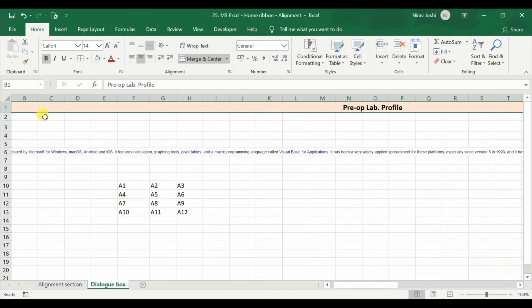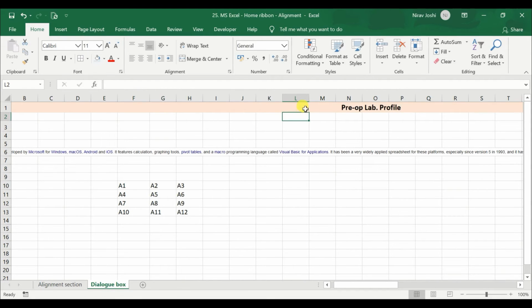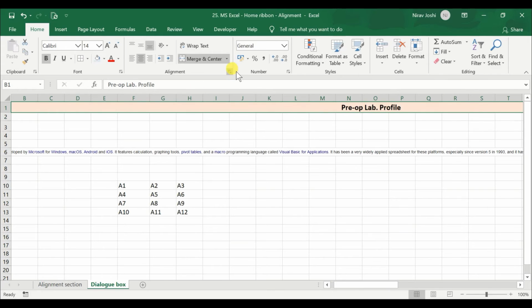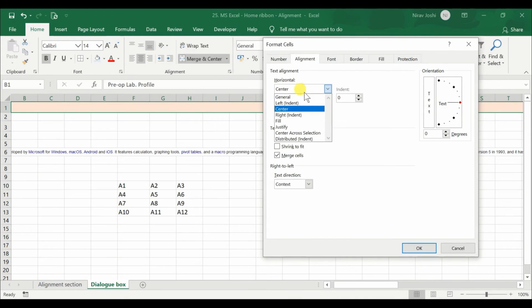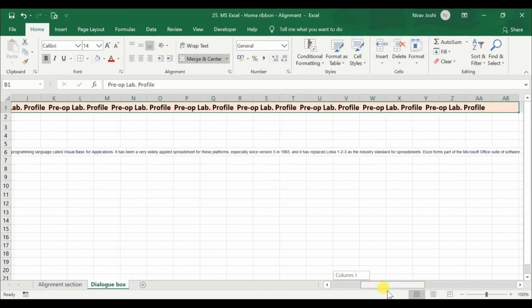Now to overcome this, first we can provide 2 or 3 spaces after this title, and then after selecting this section, we can go into this dialog box, select fill and press OK. It will fill the whole range with this specific title.